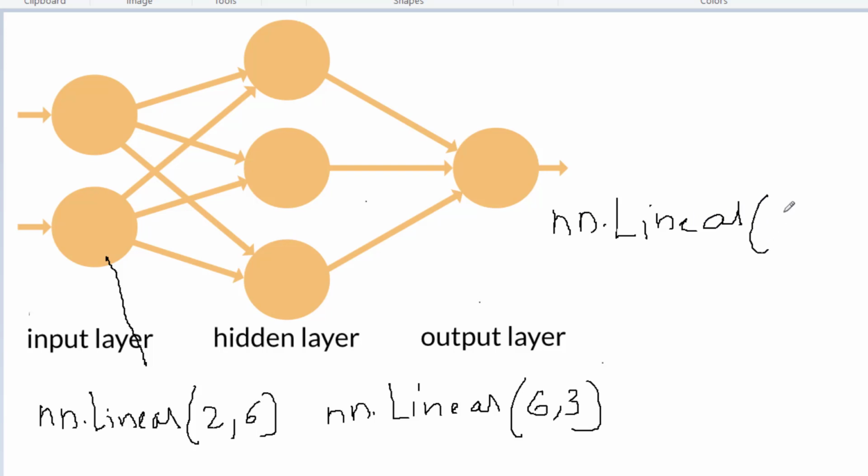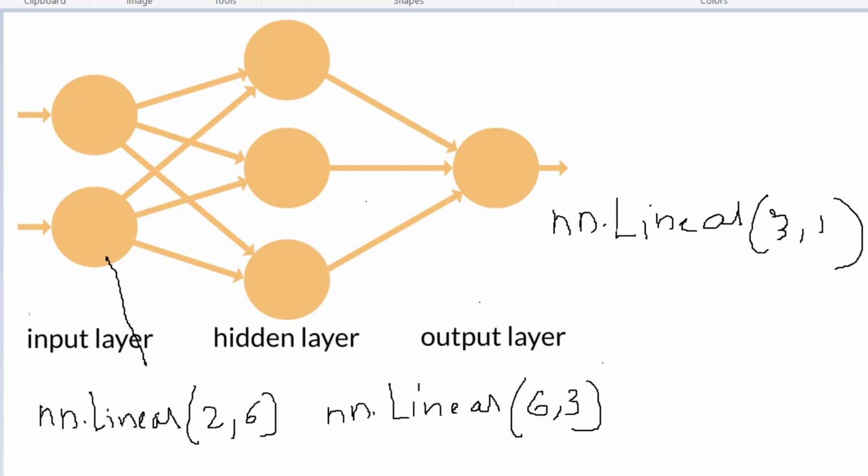The last one takes 3 inputs and produces 1 output. So this is how you define these layers in PyTorch. Next we will go to the program and see how it can be implemented.